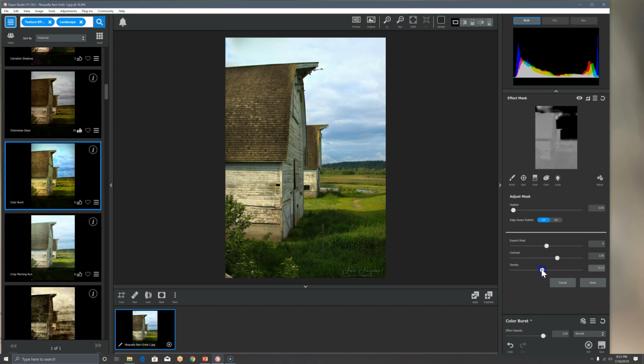I'll just do a quick little adjustment of that, and now I've got my mask here. The sky is back to original because black is concealing everything that was in those three adjustments of the effect color burst. White reveals, so I see the